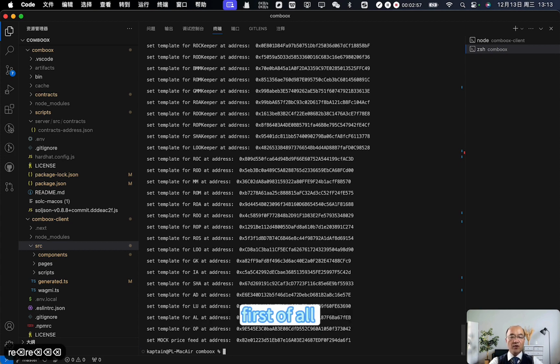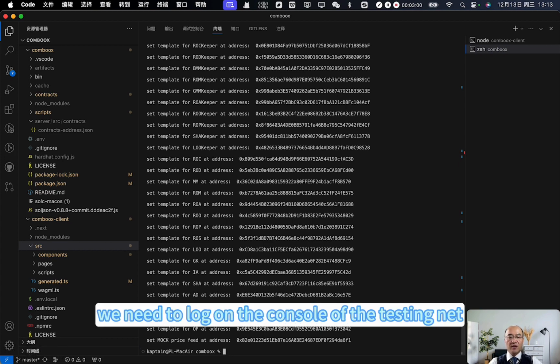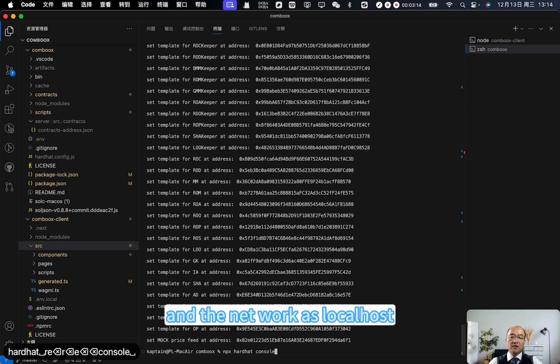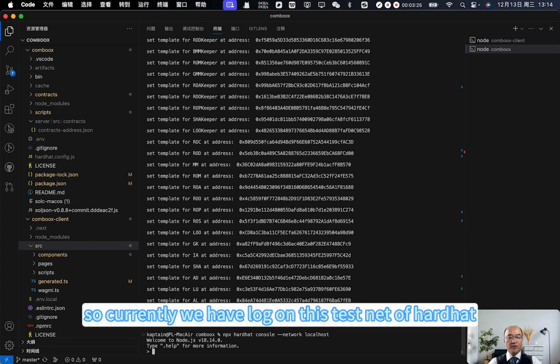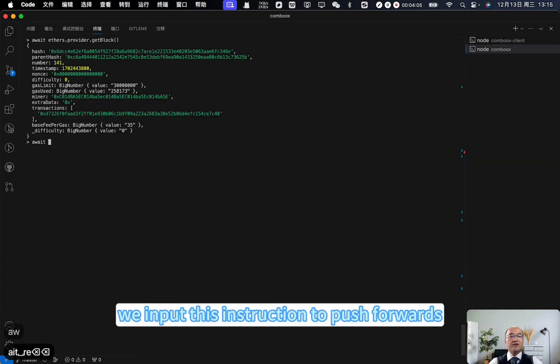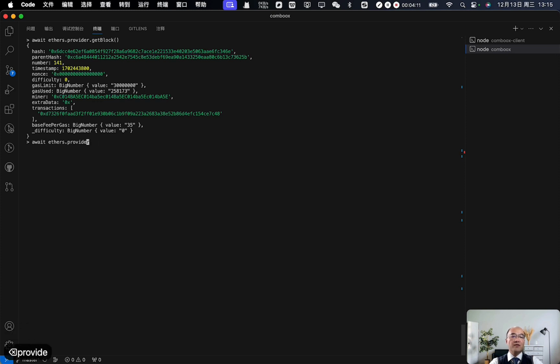to a certain period. For example, first of all, we need to log on to the console of the testnet. So we input our instructions as npx hardhat console and the network as localhost. So currently we have logged on to this Hardhat testnet. We input this instruction to push forward the on-chain time,